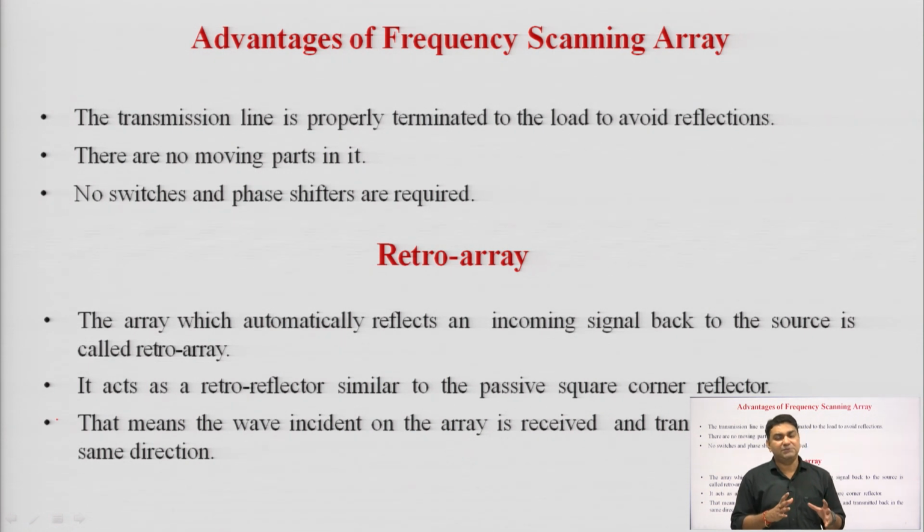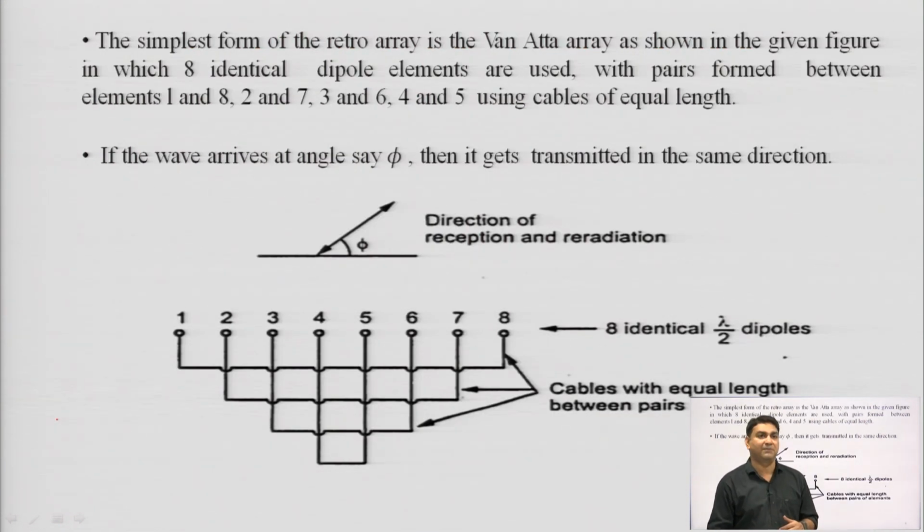A very special kind of array system is the retro array. This is the array which automatically reflects an incoming signal back to the source, which is called a retro array. It acts as a retro reflector similar to the passive square corner reflector. That means the wave incident on the array is received and transmitted back in the same direction. This is called a retro array, and the simplest form of the retro array is the Van Atta array as shown